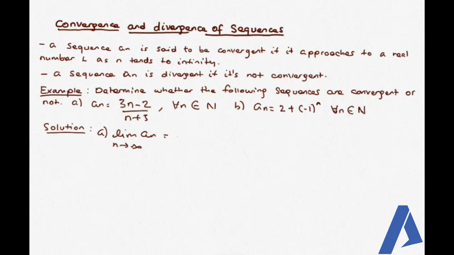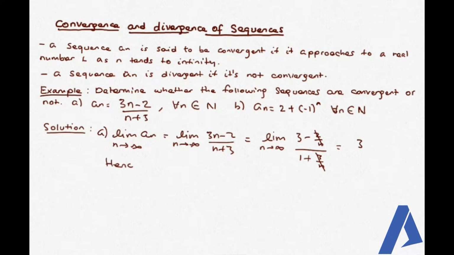The limit of which is equal to the limit of 3n minus 2 over n plus 3 as n approaches to infinity። ስለዚህ እዚህ ጋር ተርሙን ኒውሜሬተሩን ዲኖሚኔተሩን በn ብናካፍለው ምን ማለት ነው? the limit of 3 minus 2 over n over 1 plus 3 over n as n approaches to infinity። ስለዚህ ሁለቱ እነዚህ ዜሮ ይሆናሉ። 3 over 1 which is equal to 3 which is a constant number። ስለዚህ ኮንቨርጅ ያደርጋል ማለት ነው። hence an converges።